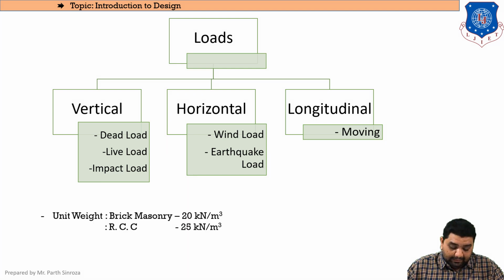Yeah? And here the basic thing that you need to know is the specific criteria. So the basic criteria for solving our sums in the later chapters will be to identify the unit weight. The unit weight of brick masonry will be 20 kilonewton per meter cube. This you need to remember because we'll be using it in our sums as the numerical portion. And the second part will be the RCC, that is the unit weight of RCC. The unit weight of RCC will be 25 kilonewton per meter cube. This is not prescribed in either the IS code or in your textbook. So you need to remember this.